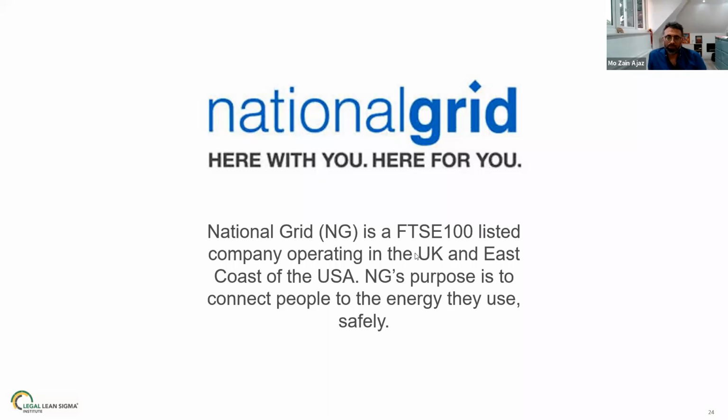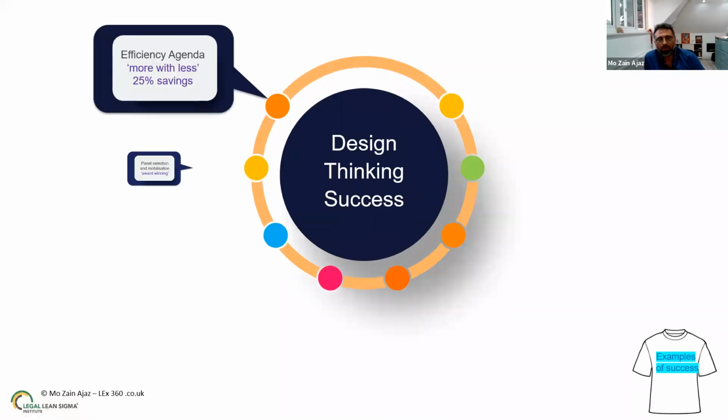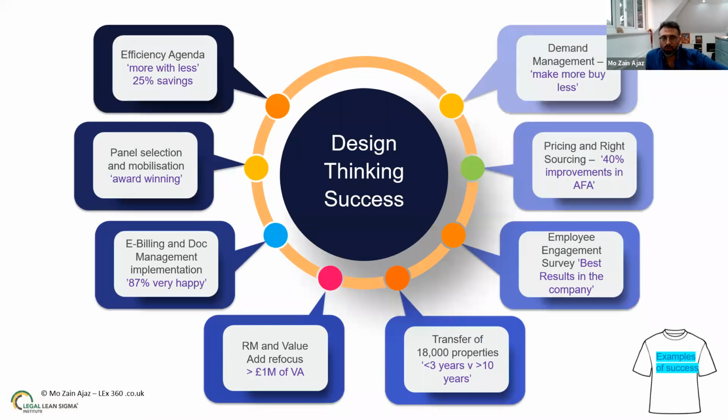So that's the background. And I'm just going to show you on the next slide some of the projects that we did, and we won a fair few awards for this. So, you know, I talked about the efficiency agenda. Finally, I got the guy to agree to a 25% efficiency piece. We spent quite a lot of time getting the right benchmarks, using our network, using some of the brands out there to get comparable benchmarks, and then came up with a list of things that we could do to deliver the 25% efficiency. Some of those things are on the list here.